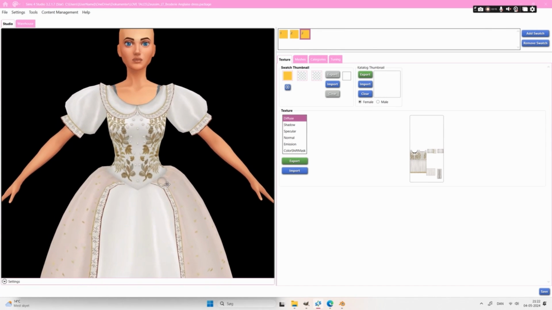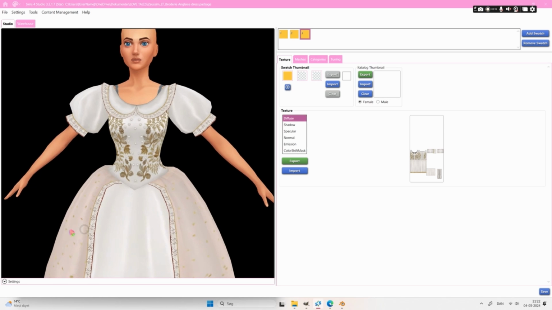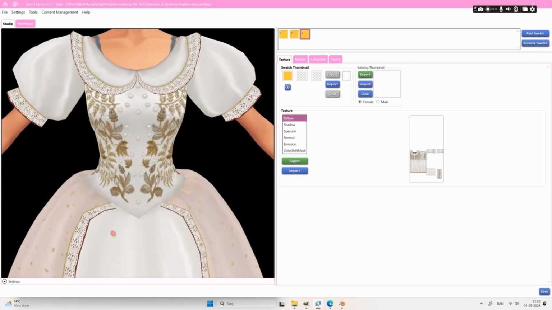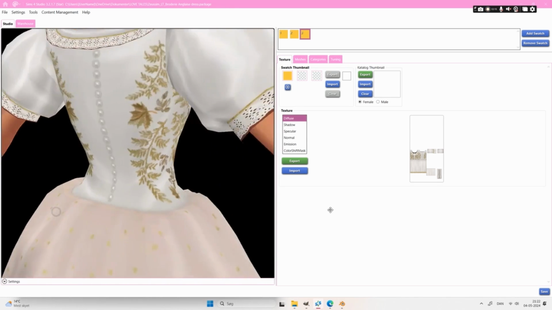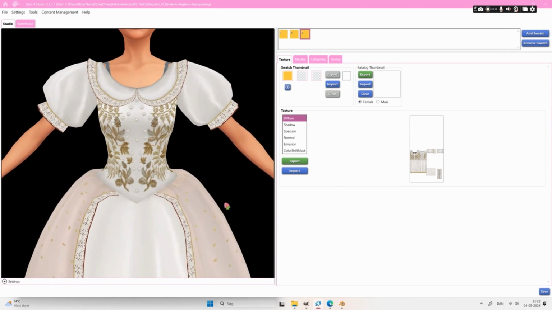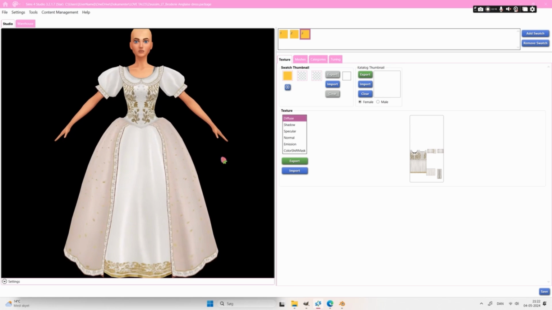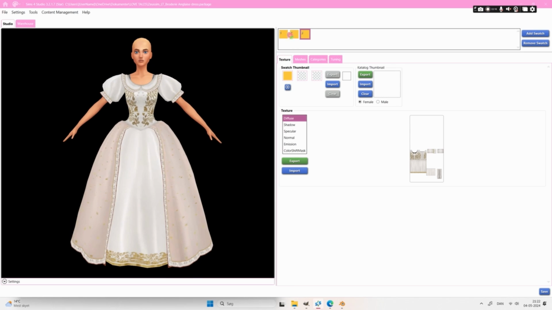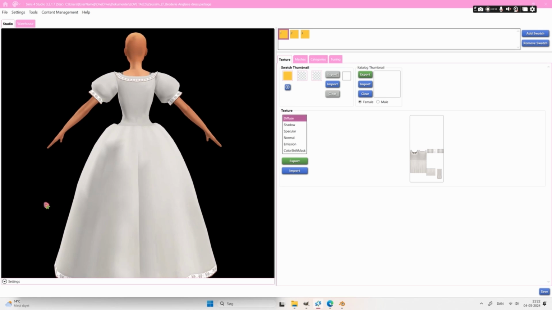Oh, isn't it pretty? I need this in real life. I need all of my dresses in real life. Look at all the details! And the little golden trim, the golden edges, and it will be so pretty. Imagine it being see-through, the embroidery like this, and then, I mean, this is the first draft of it, and